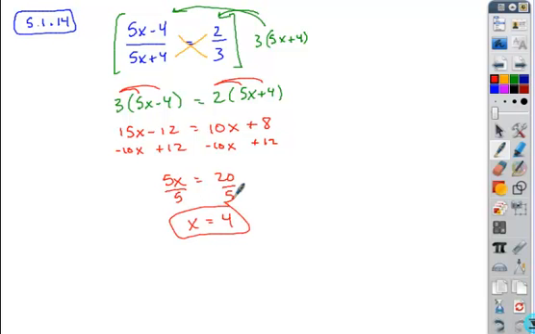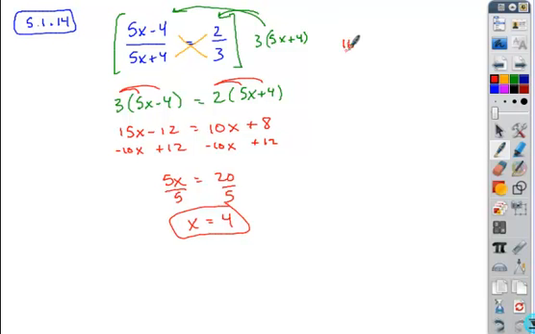Now, you do want to test it. You have a variable in the denominator. So what's the one thing that you know x could never be, for sure? -4/5. So in this particular case, if you don't have time to plug it in completely and test it, you should be okay. But if you notice that this was that number, -4/5, you could see that it's a no solution as it is. But this one, if you have time and can test it,